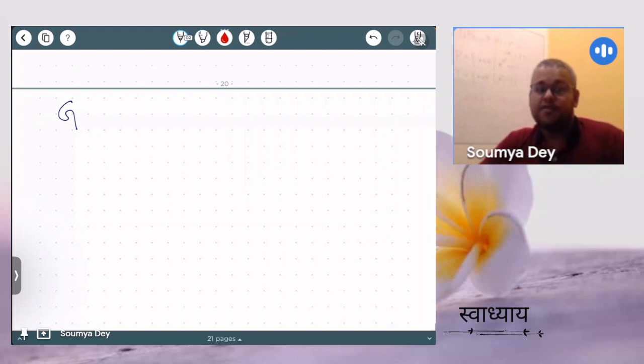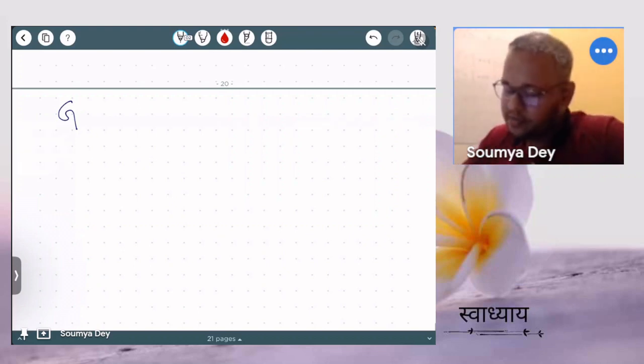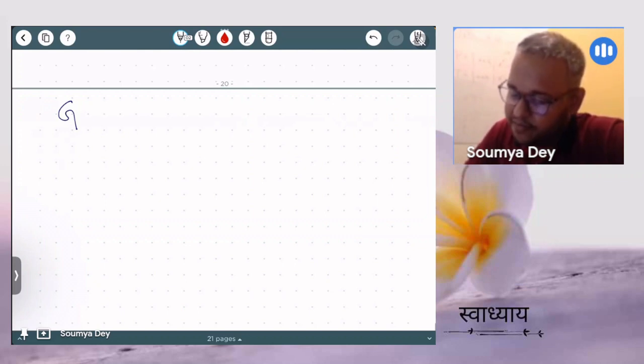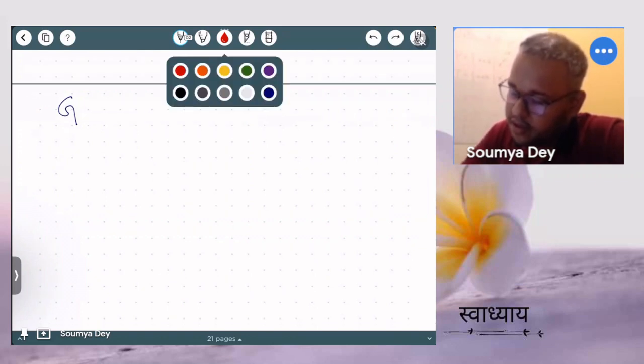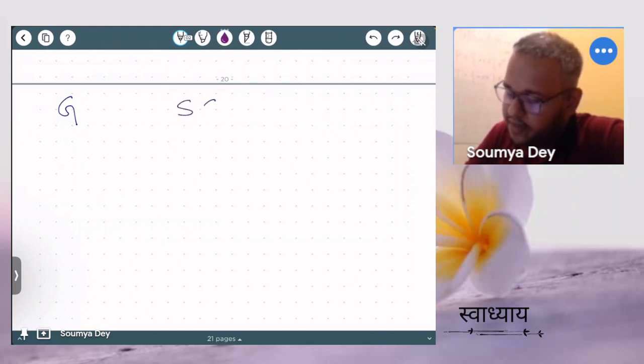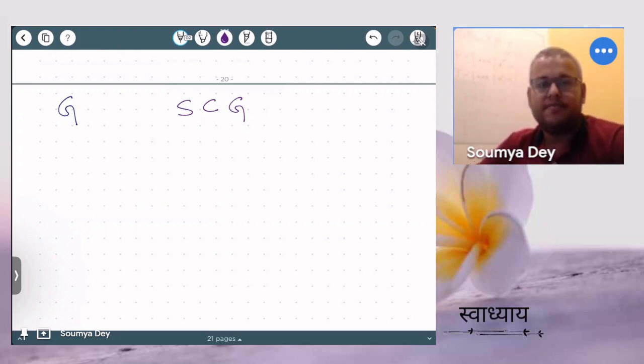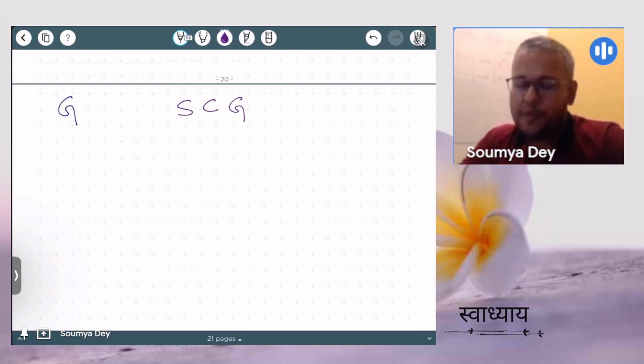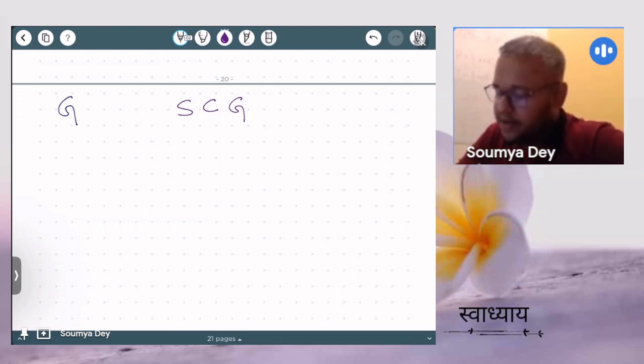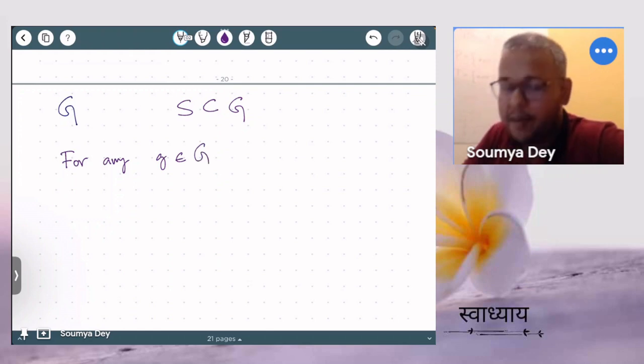Now let us understand the meaning of a finitely generated group. Suppose you have any group. It may not be finite. It can be non-abelian also. Any group, suppose you take capital G, and you have some subgroup, say S. So S is a subgroup of G. What is the property of capital S that we are looking for? For every small g in capital G, any element you pick,